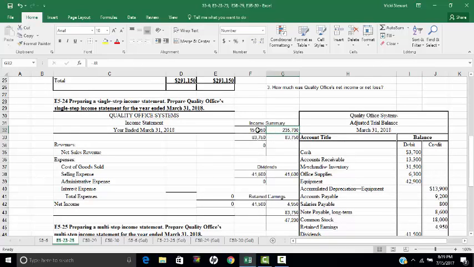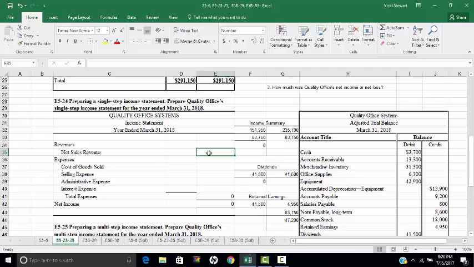for the sales revenue, debit for the expenses, the net income, and the closing of income summary to retained earnings, and then the closing of the dividends account to retained earnings, and then the ending balance for retained earnings for the year. And then exercise E5-24 says to prepare a single-step income statement for Quality Office as of March 31st,